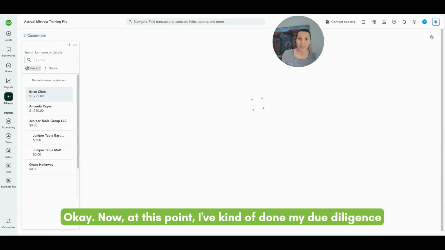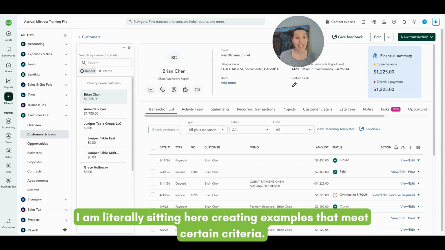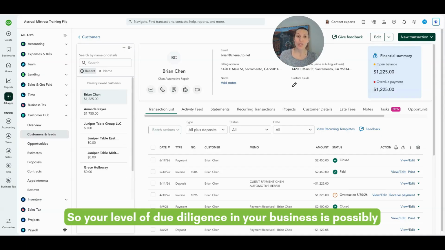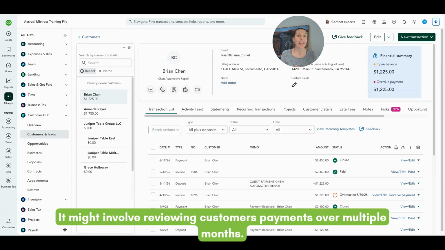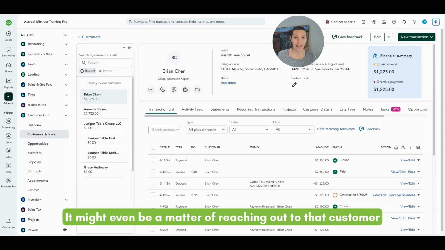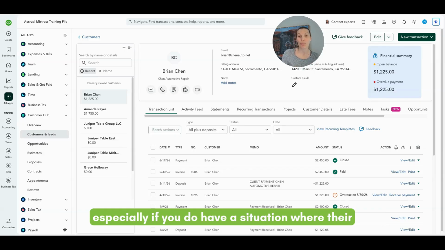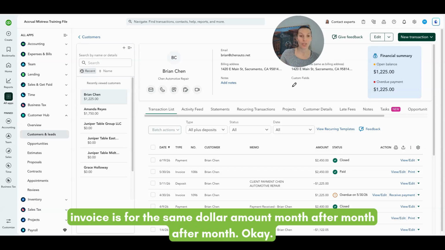Okay. Now, at this point, I've kind of done my due diligence to know that this truly is a duplicate transaction, but I do want to say this is a sample file, right? I am literally sitting here creating examples that meet certain criteria. So your level of due diligence in your business is possibly going to be a bit higher, right? It might involve reviewing customers' payments over multiple months. It might be a matter of going in and looking at your invoices in the history. It might even be a matter of reaching out to that customer and confirming where they had intended their payments to be applied, especially if you do have a situation where their invoices for the same dollar amount month after